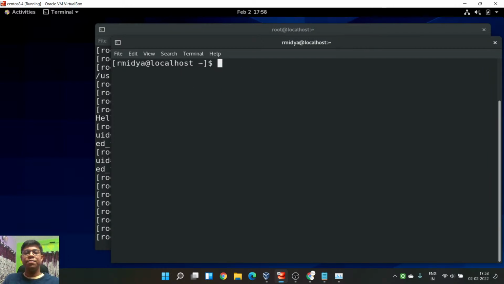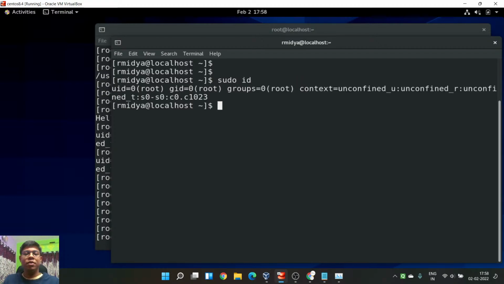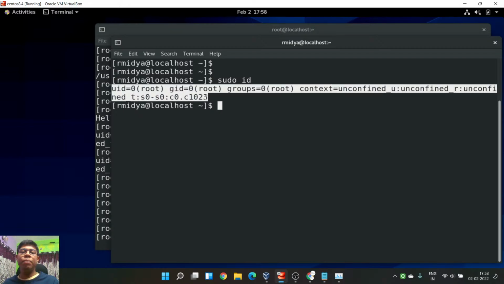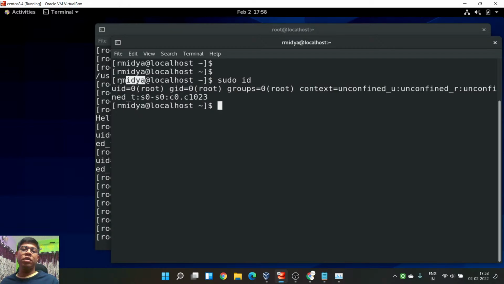Nothing interesting here. Now I want to show you one demo. If I do sudo, and let's say yum install, or even id, you can see the id command didn't ask me for any password for this user.